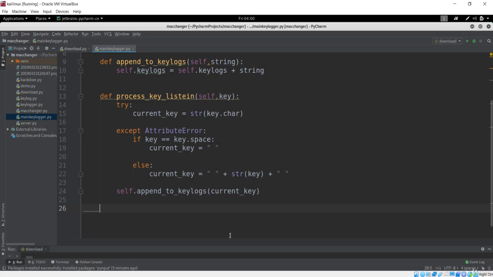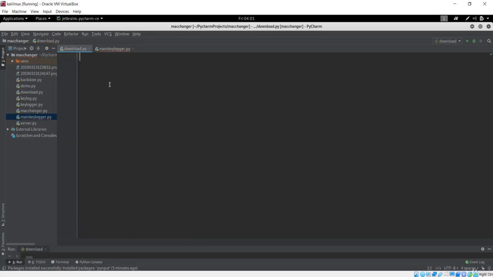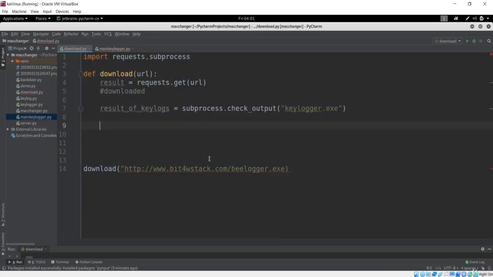Before that, I want to report the key. What if I want to do something with this key? Let's see how we can report, or basically give the information as a message. In this case, I'm not going to send information to Gmail. That will be covered in the next lecture. We also have to cover converting this to exe files and the download. Basically we have seen before how we can make the download procedure over here, that is this URL, and we'll also cover that in the next lecture.